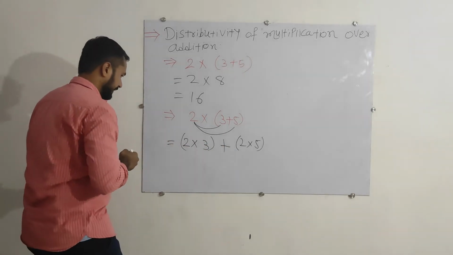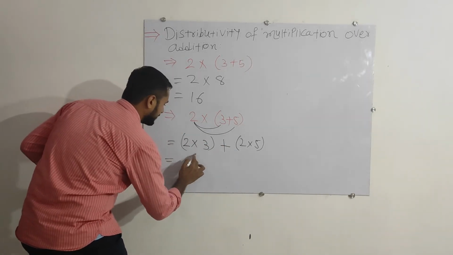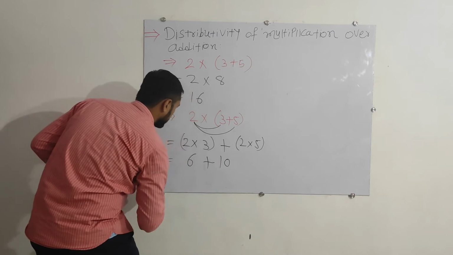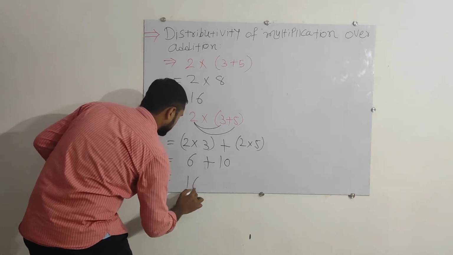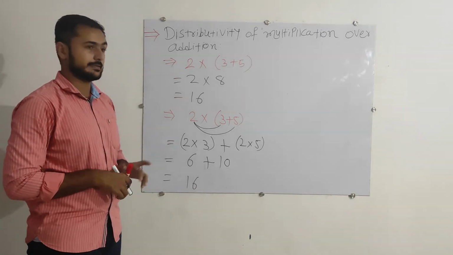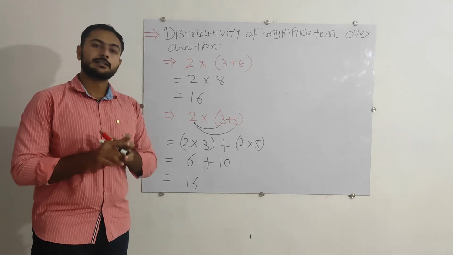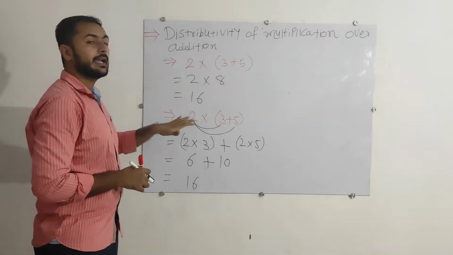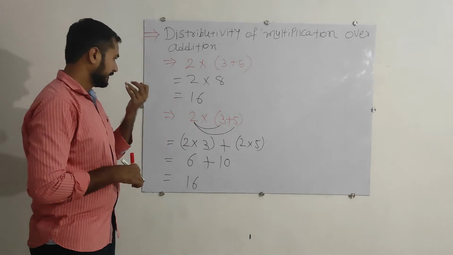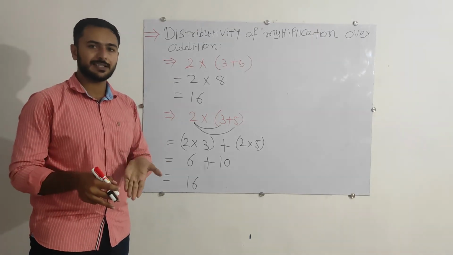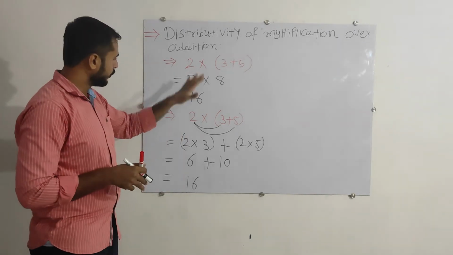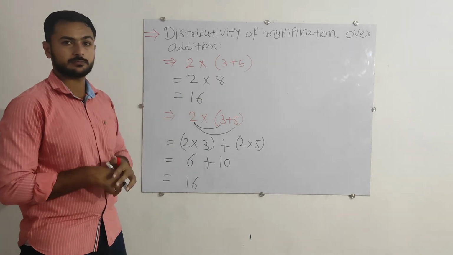Now just do the multiplication. 2 3s are 6. Addition sign as it is. 2 5s are 10. 6 plus 10 is 16. Now just check whether the answers for both methods are the same. Yes, that is 16 and 16. So this is how we can use the distributive property. Here I used this for natural numbers or whole numbers. In the next step, we will see it for rational numbers, our first chapter. So we need to check for rational numbers also. We will see that, but before that, try to understand this. Pause the video and note this down.